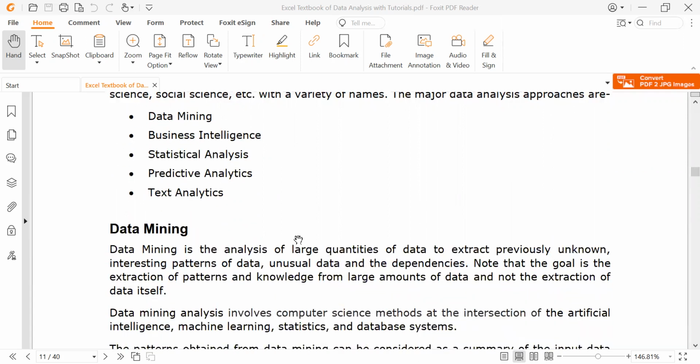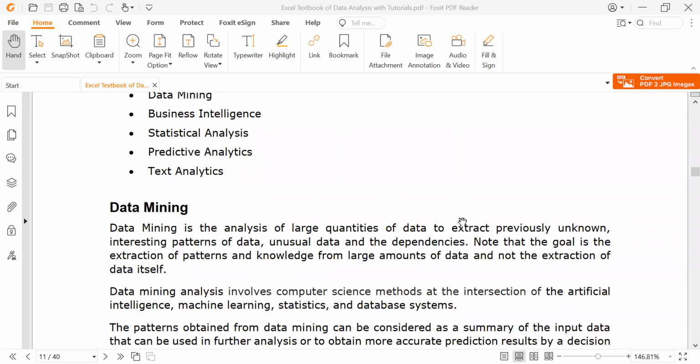Data mining is the analysis of large quantities of data to extract previously unknown interesting patterns of data, unusual data, and their dependencies. You should know that the goal is the extraction of patterns and knowledge from large amounts of data and not the extraction of data itself. So data mining, as someone might think, is not going out to look for data. You already have a chunk of data, large quantities, maybe in billions of rows, that you just want to extract something from it that nobody knew about,